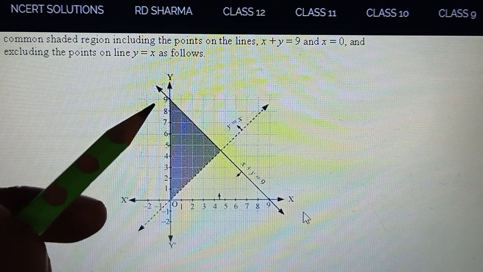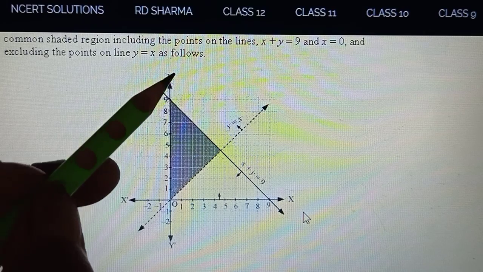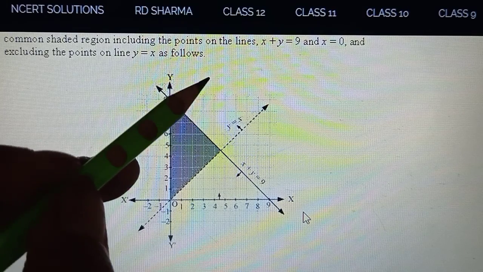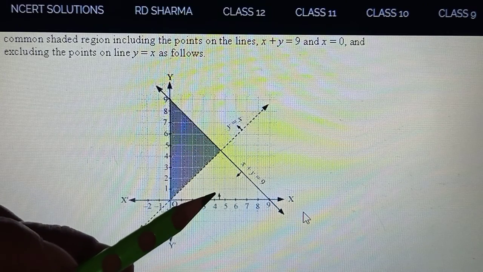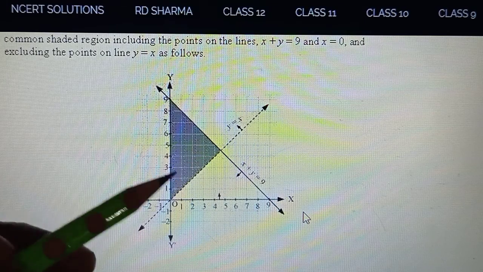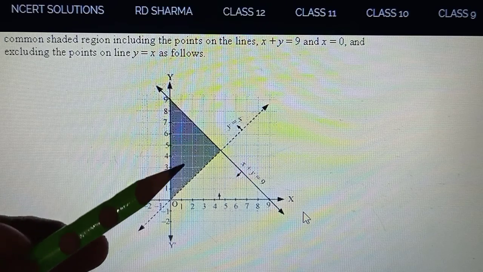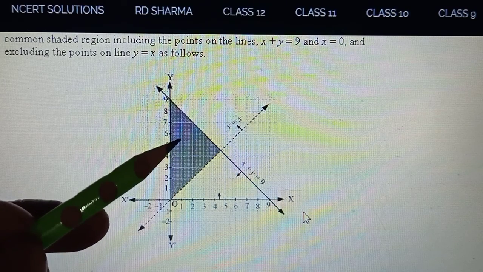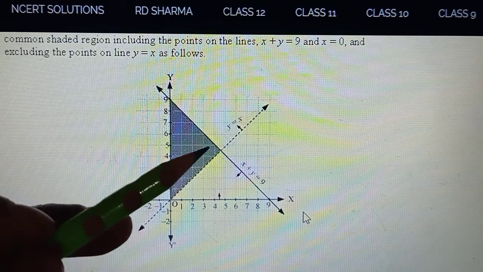It was actually x is greater than 0, so you'll show the arrow this way, showing that this is the solution set for this bounding line. For this line, above is the solution set. For this, below is the solution set. And the common region, common to all three, is this triangular region. It lies on this side of this line, below this and above this, as we had concluded for each of them individually. So this is the final place where the shading would go.